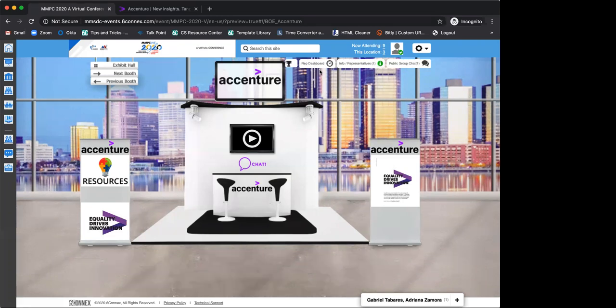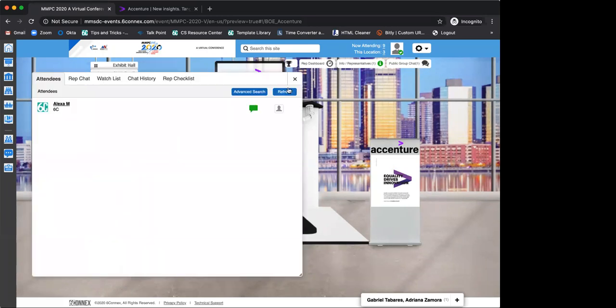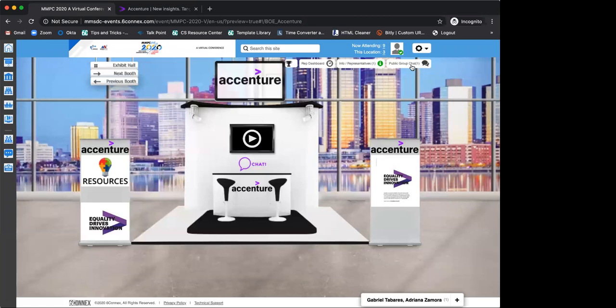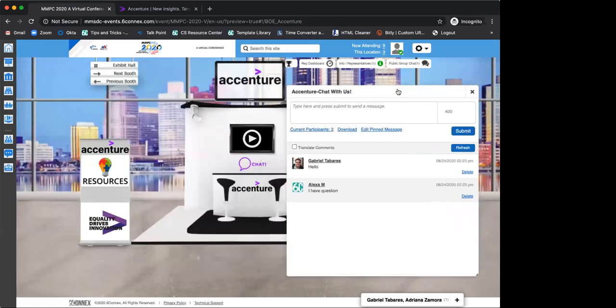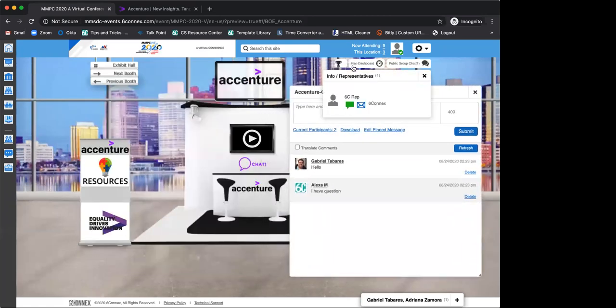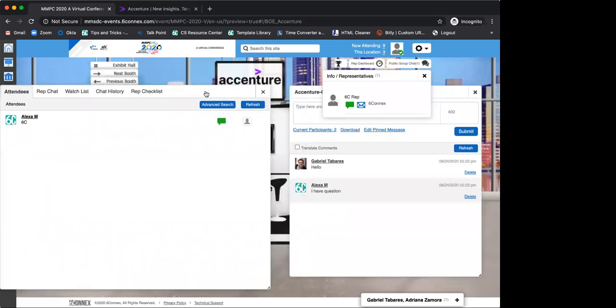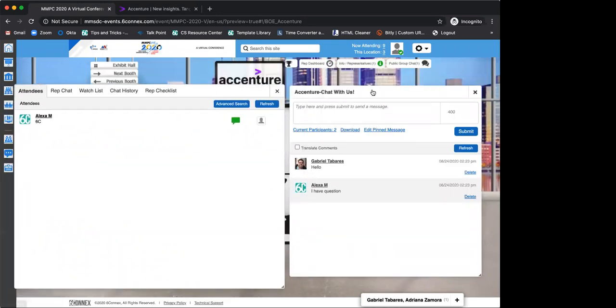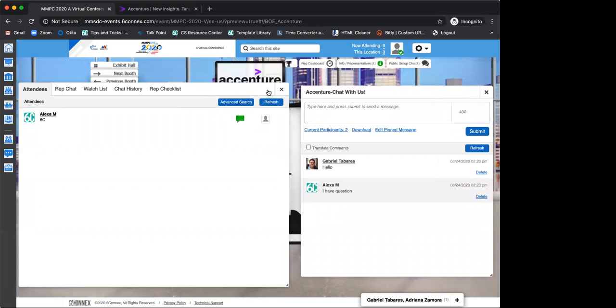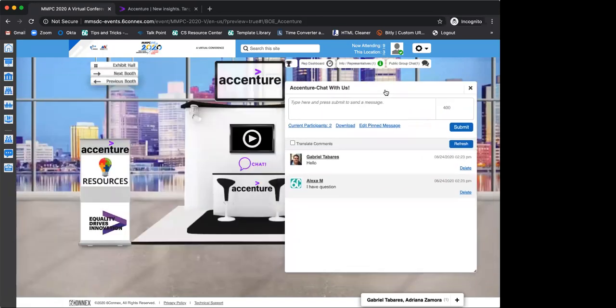The rest is something that the attendees are going to see. It's going to look exactly the same way as it's looking for you right now, except for the rep dashboard, because that is only for you. Okay, so you can open that and have all the windows that we went through. You can open the public chat as well. Have, I'm sorry, the rep dashboard on the other side, if you need it. If you don't need it for some reason, close it. That's fine. You can have the public chat.